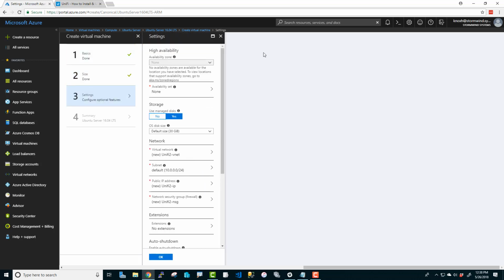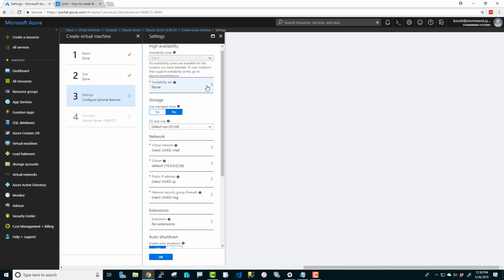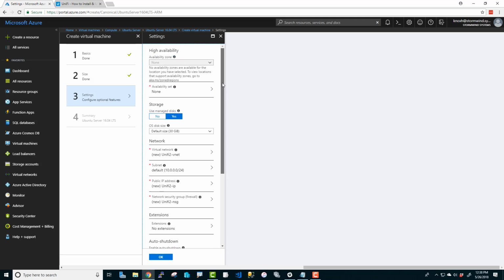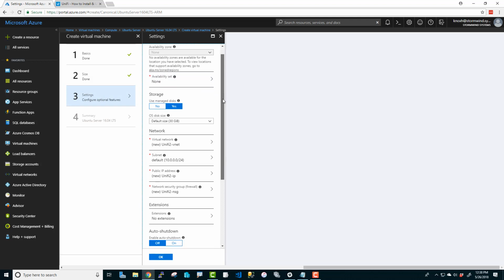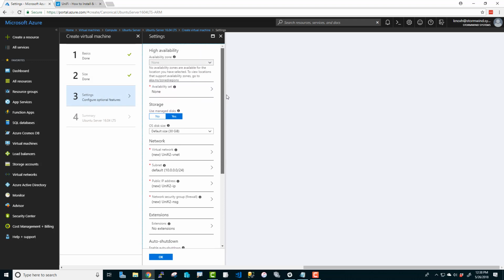Okay, settings. All right, now we're getting into the good stuff. So let's take a look. We're not too worried about setting up the availability set right now. If you were interested in scaling this VM horizontally, availability sets may be more interesting for you. Basically, that's a way of saying that while the Azure data center may go down for either a fault or an upgrade maintenance,